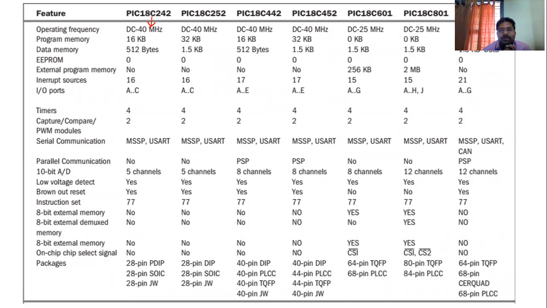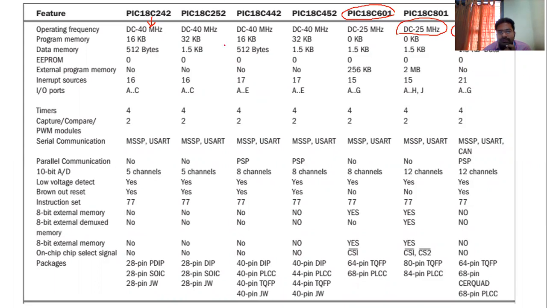These are some of the family of the PIC 18 series. What is the frequency of that one? This is up to 40 MHz. See this PIC 18 C601. We are using a 25 megahertz clock frequency. This is also 25 megahertz, but this one is 40 megahertz.